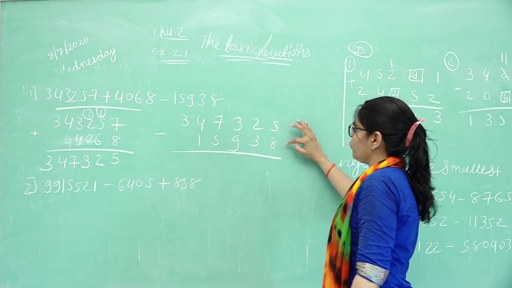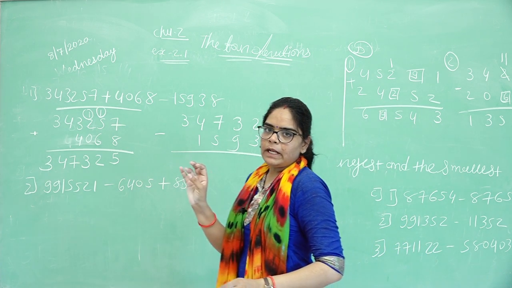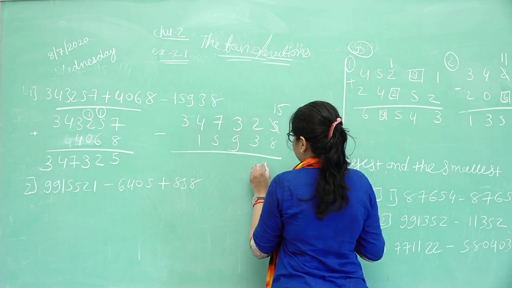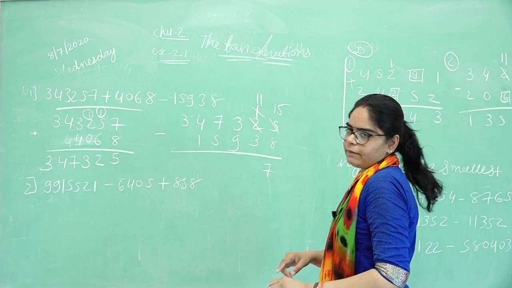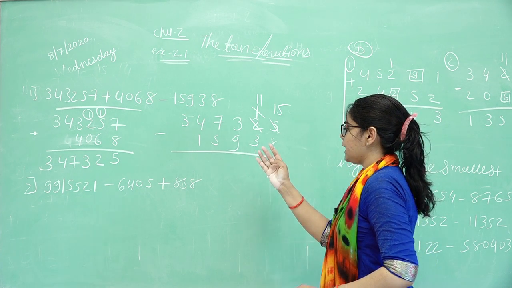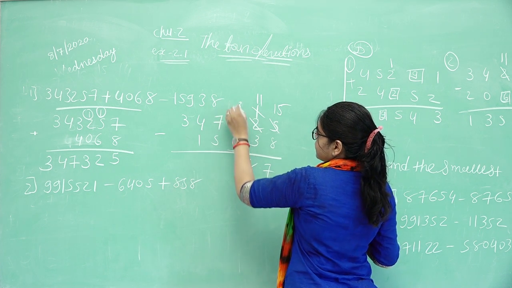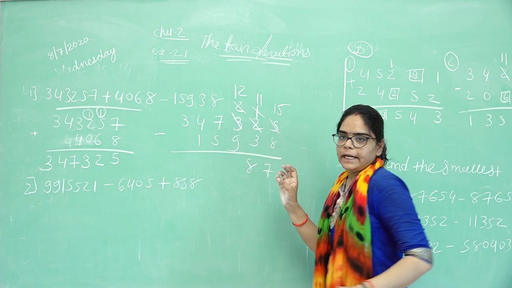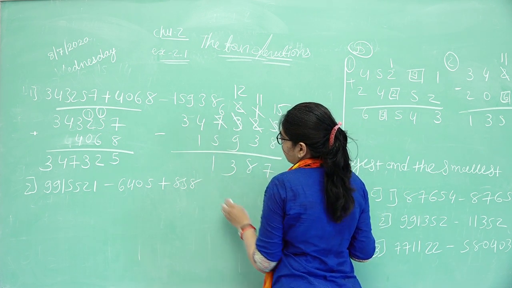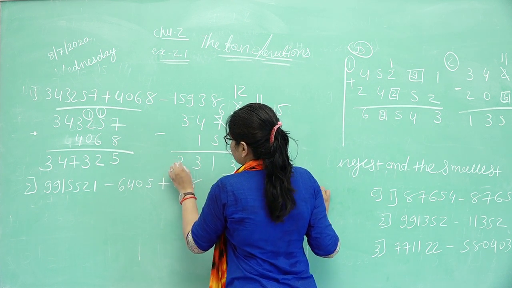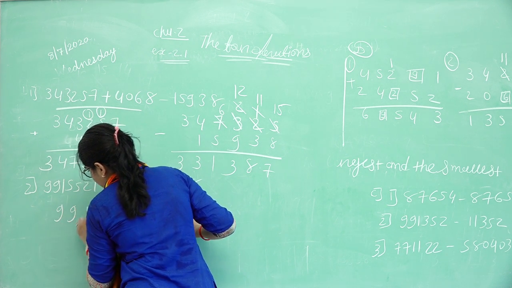Okay. 5 out of 8 is possible? Not possible. So 15 out of 8, 9, 10, 11, 12, 13, 14 and 15, 6 and 7. 2 is the place of 1. 1 out of 3 is again not possible. So 11 out of 3. 4, 5, 6, 7, 8, 9, 10 and 11. 6, 7 and 8 here. Here 2 out of 9 is not possible. So 12 out of 9. 10, 11 and 12. 3 is here. Here 6. 6 out of 5 means 1. 4 out of 1 means 3. And here 3. Okay. Then after our second example.